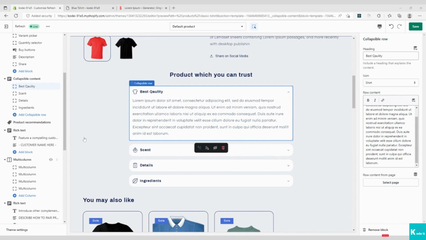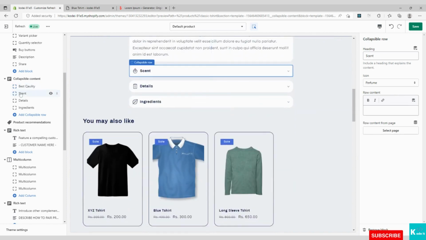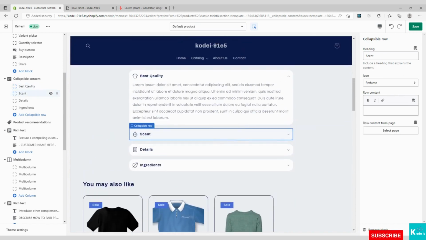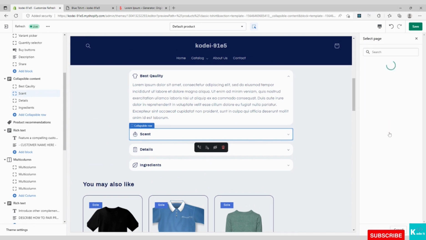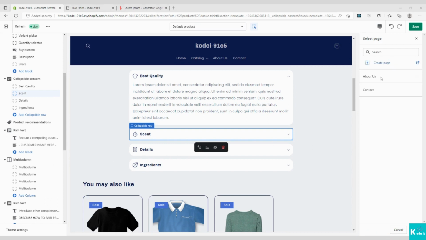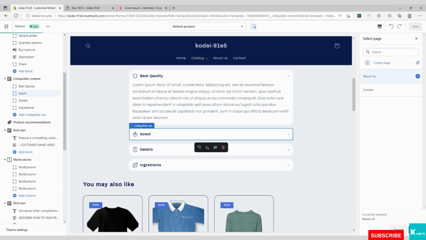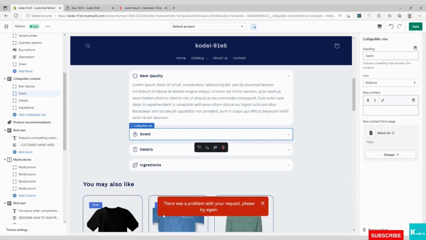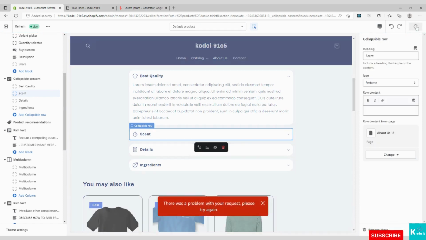Now let's make changes in the second block. Over here, let the title be Ascent only and let the icon be perfume only. Now let's fetch the content from the page. Let's select the page over here. And let's select the page about us.